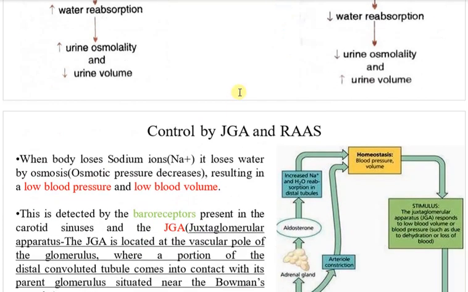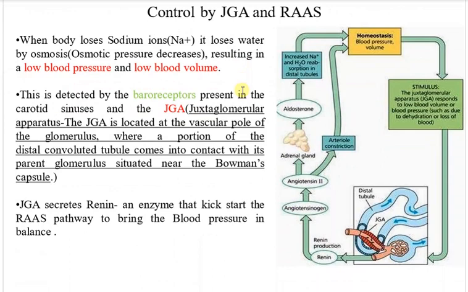Okay, now comes the control by JGA and RAAS. Very important and very interesting. So let's go through it. When the body loses sodium ions, it loses water by osmosis, resulting in low blood pressure and low blood volume. This is detected by the baroreceptors. Look what I have told: some receptors can also sense the change in pressure. So baroreceptors,